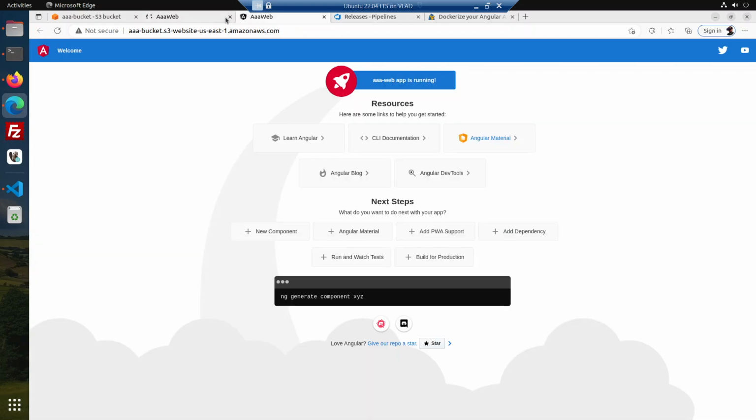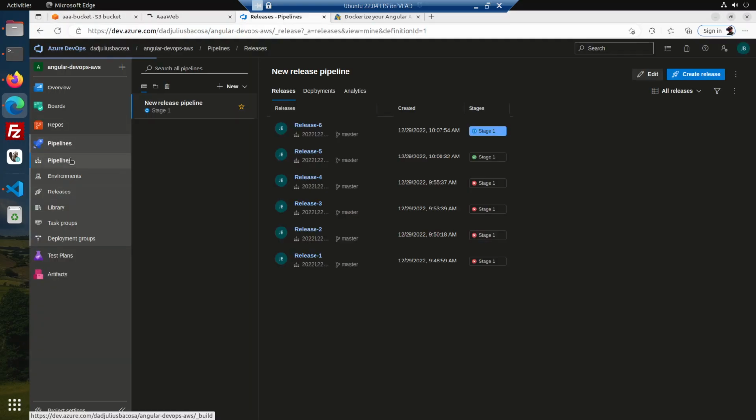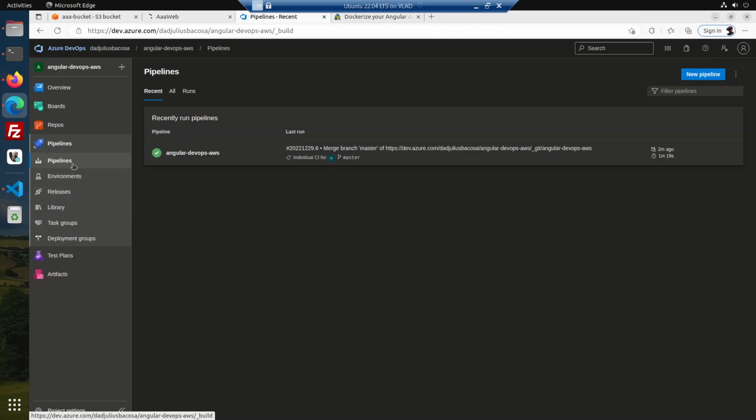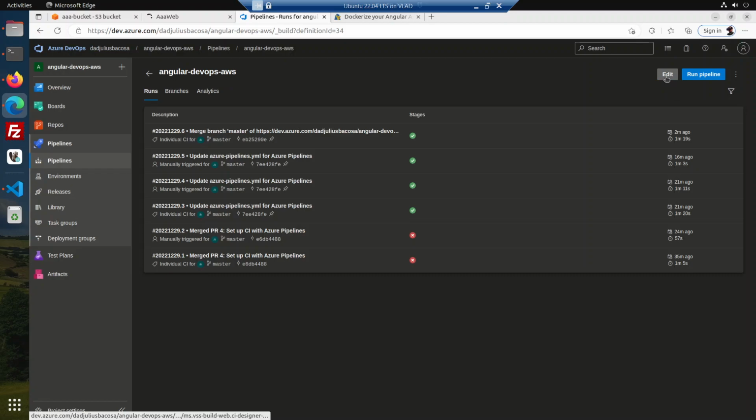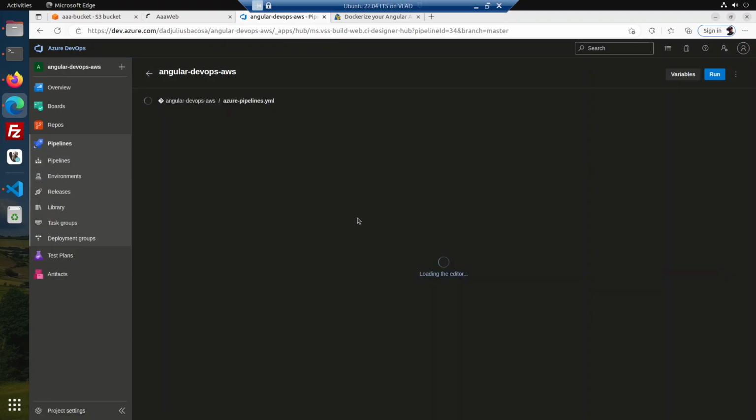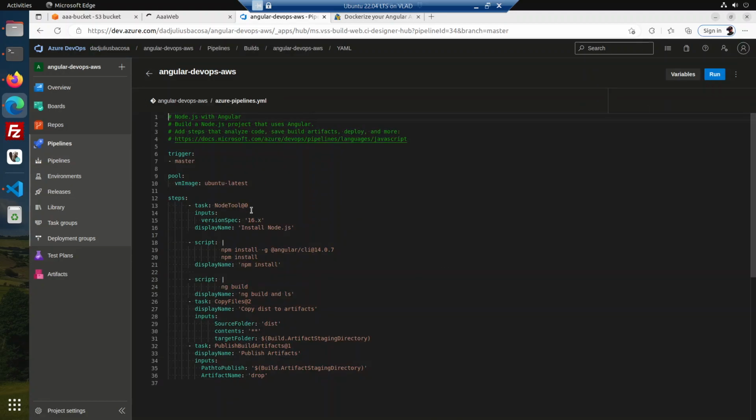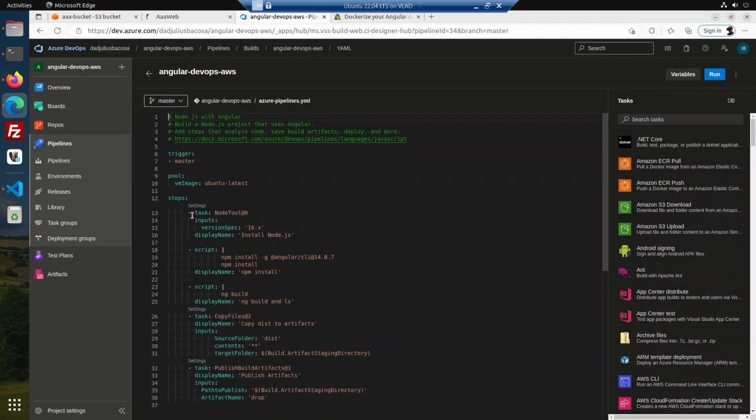I have done this before, and now I struggle to remember everything again. So we are publishing an Angular application in an S3 bucket, and we are using Azure DevOps to create the CI/CD pipeline. So in the pipeline, we have this task to install Node, and then we created a script